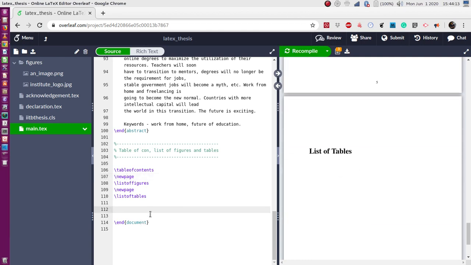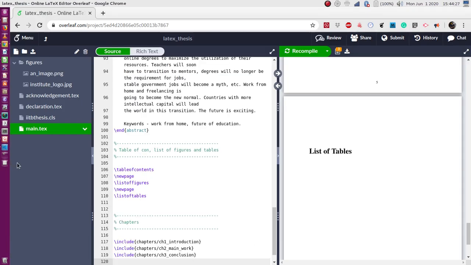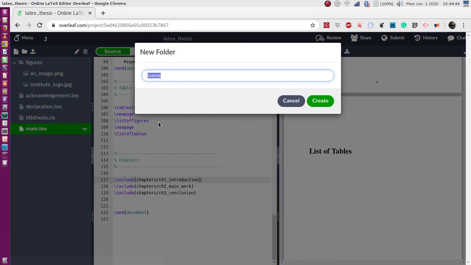To reduce the clutter in the main document, the contents of each chapter are kept in separate text files. This is done like this. For example, if you have 3 chapters, first is introduction, second is main work, and in the end you have conclusion. You can have more chapters in between if you want. What we do is we create a folder called chapters, and then keep a text file with this name and then the .tex extension. So I'm going to create a folder called chapters,